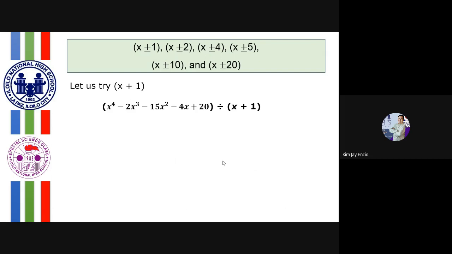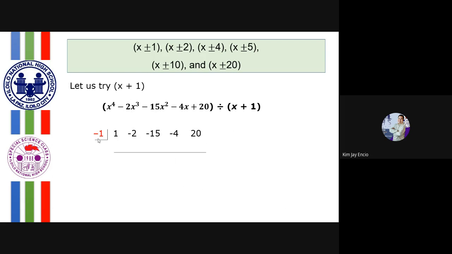Let's try dividing them. So you could see that's still complete. We have degree 4, 3, 2, 1, 0. And writing the coefficients, we have 1, negative 2, negative 15, negative 4, and 20. And x plus 1 equals 0, so we have x equals negative 1 here. Let's see if negative 1 is a root. Take note, I started with x plus 1, but in your actual work, you may start with any factor or